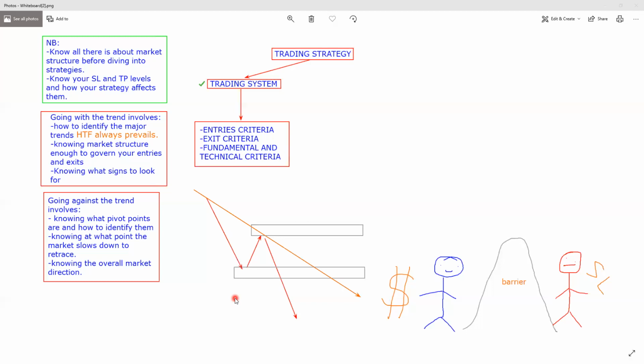Also, you'll be able to know at what point the market slows down in order to retrace. And this market slowing down may mean exhaustion, getting to a certain price level, or getting to a certain zone and reversing a little bit as it retests the broken zone, or there's so much to it. And once you know that, you'll be able to say, when people are patiently waiting to take sells on the correction, I'll be taking buys for that correction. And the buys from that correction will be governed by the exhaustion that happened at this price level.